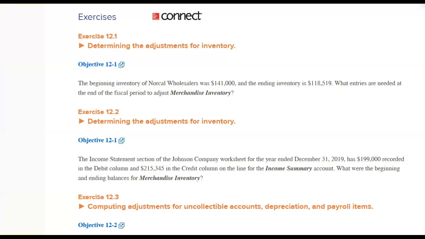Okay, I pulled up the exercises for chapter 12. Number 1, the beginning inventory of a company is 141 and the ending is 118,519. What entries are needed to adjust the fiscal period to merchandise inventory? Okay, so the first thing you're going to do is close the beginning inventory. You know, inventory is a debit, and to close it, you're going to credit it to the income summary. So that would be a debit to